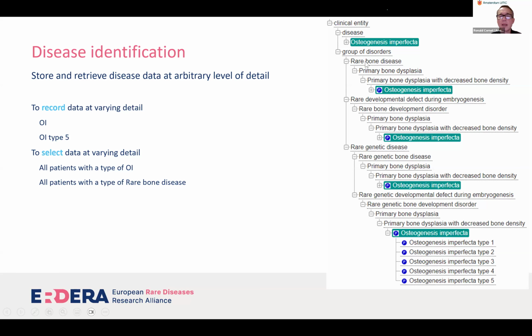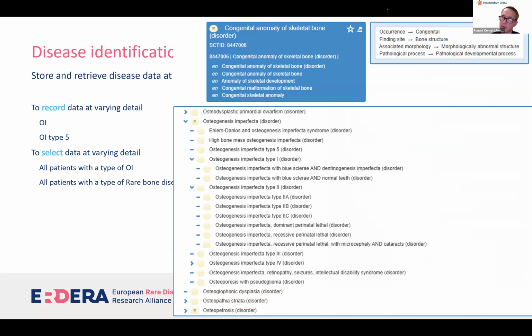And then it is important to see that here in the group of disorders, we see rare bone disease. I don't think my arrow is shown. So number 5, 6 on the figure on the right. And then we see that osteogenesis imperfecta is categorized under this rare bone disease. So this helps to provide hierarchical ordering. And here we see Orpha codes, which we will hear more about in a few minutes.